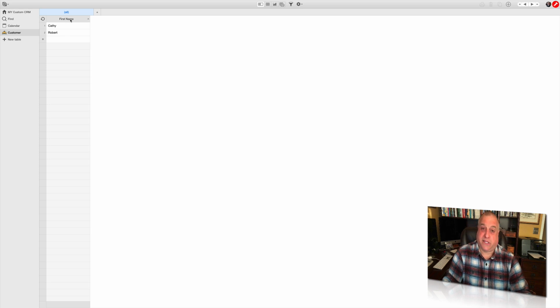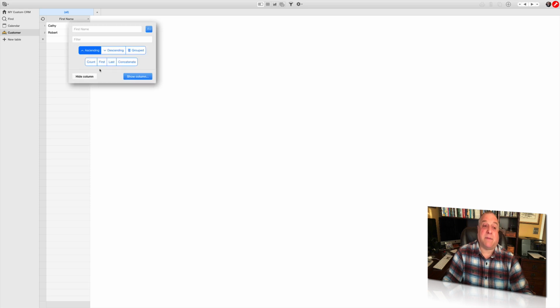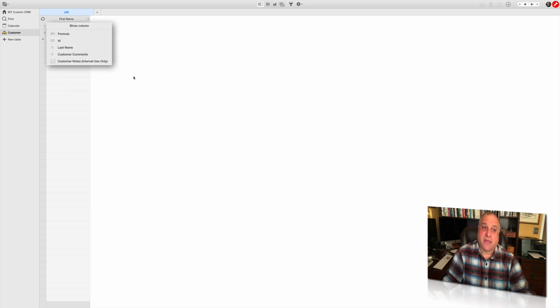To do that, click on the one field of data visible, the first name field. Click on the first name column label heading. And this time, instead of hiding a column, we're going to do the exact opposite. We're going to show a column by clicking on the blue button in the bottom right-hand corner. This will present us with a list of all of the fields that we created in our table that are not already being displayed. Note in this list, in addition to a formula field, which is always the first option